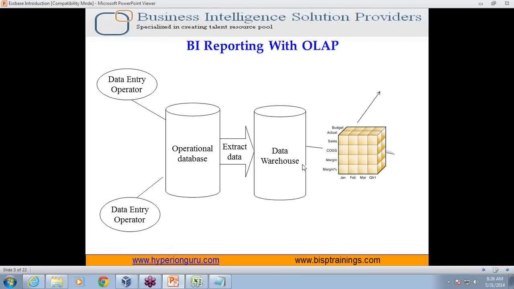How does an OLAP server like Essbase add value to this? An OLAP server adds an additional layer of source. So every time a user submits any query, it is not processed by your underlying data warehouse. Rather, the query is accessed by an intermediate server. It's like a database server, but a special category of database. This is called OLAP. So what does your enterprise data warehouse do? The OLAP server does the same thing, but the way data is organized in an OLAP server is completely different.